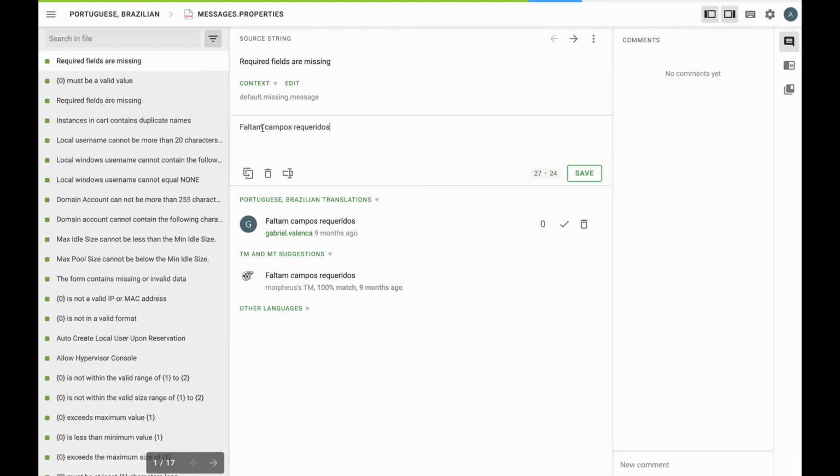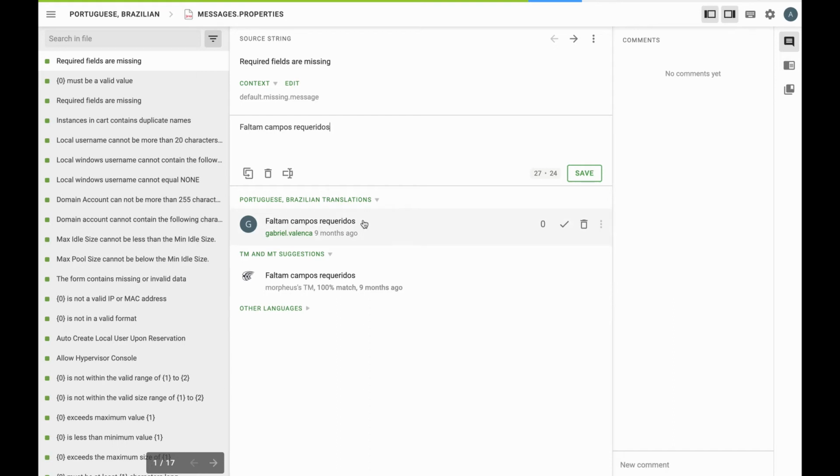We can see the recommended, one of our contributors has entered this string in Portuguese as the translation, and I could, if I wanted to, click this check mark to approve it. Not being a native speaker of the language, I'm not going to do that, but if I were to click this, that would now be a QA approved string, and on the next version release, this would make